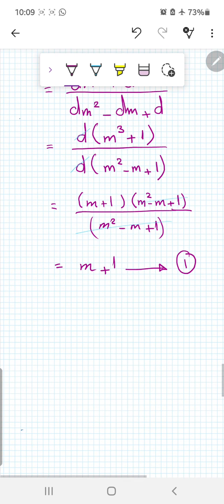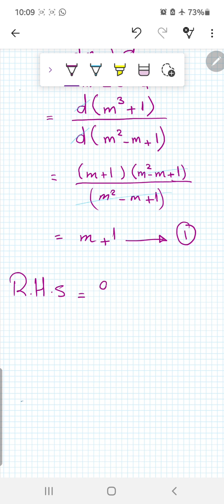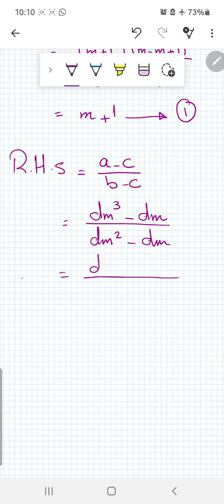Okay, the right hand side, which is a minus c over b minus c. Here we have a minus c over b minus c by substitution. A, which is dm power 3 minus dm over dm power 2 minus dm. Okay, take a common factor from the numerator, which is d. We have here m power 3, m, take the smallest power, which is m. We get m power 2 minus 1 over, here we have d common factor, m power 2, m, to take